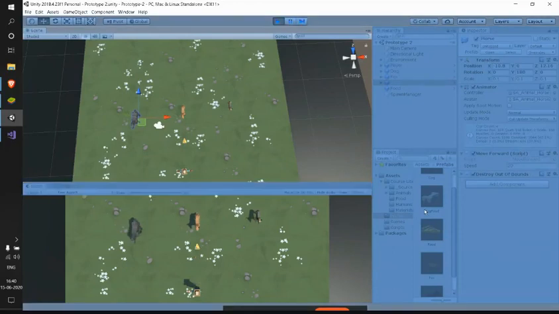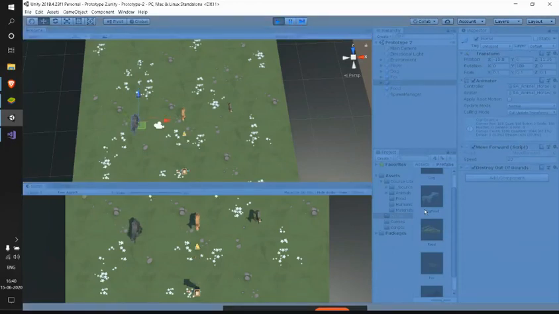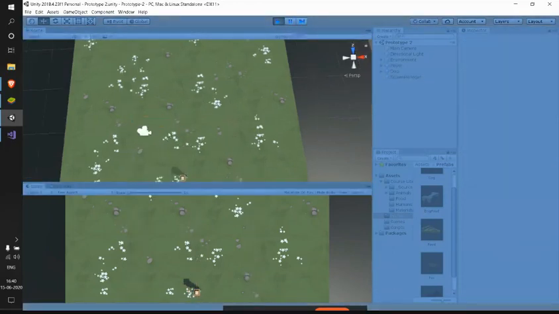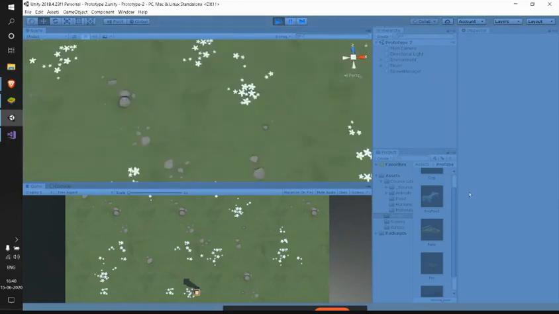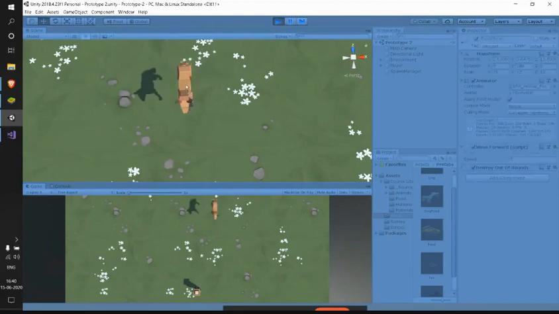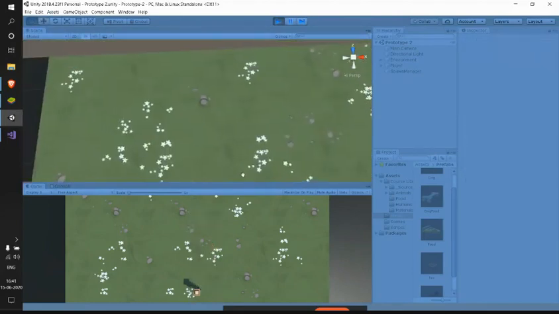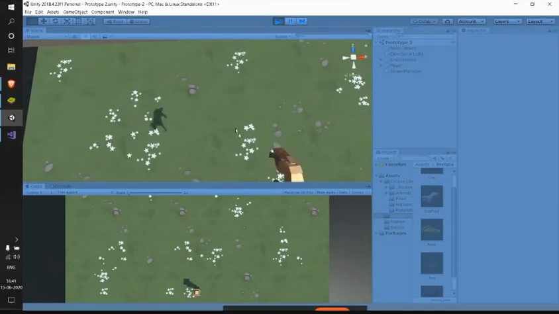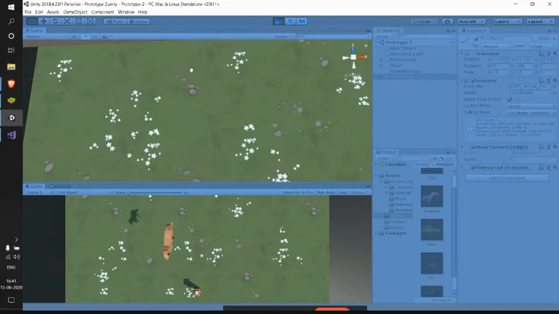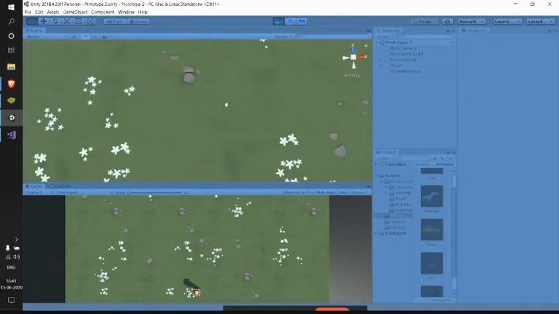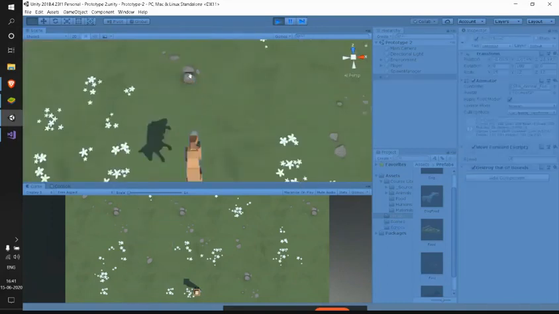Let me go to my play mode and see. If I go a bit forward and drag my fox like this and place it like this, I'm able to see it in my game.